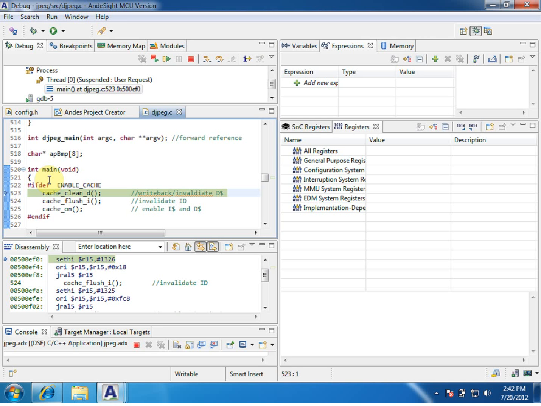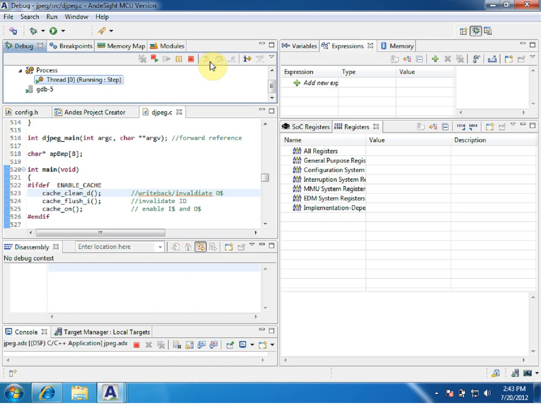The benefit of our step into function is that if we want to pinpoint exactly where an issue lies in a function, we can go in and go line by line, step by step. The benefit of our step over function is that it provides us efficiency and speed. So for example, if we step into,